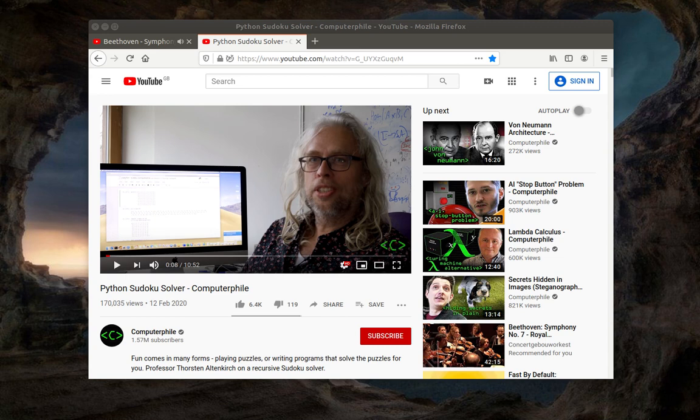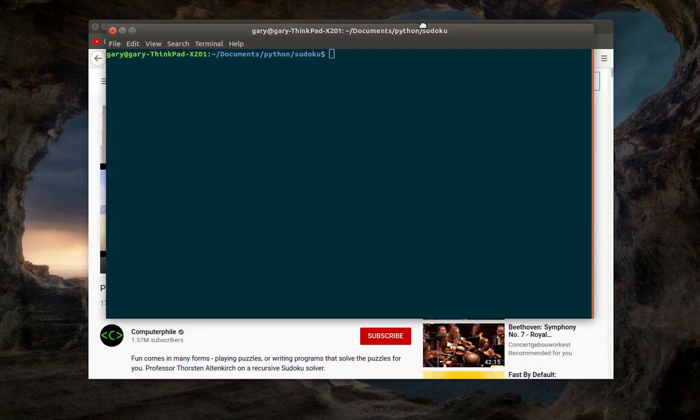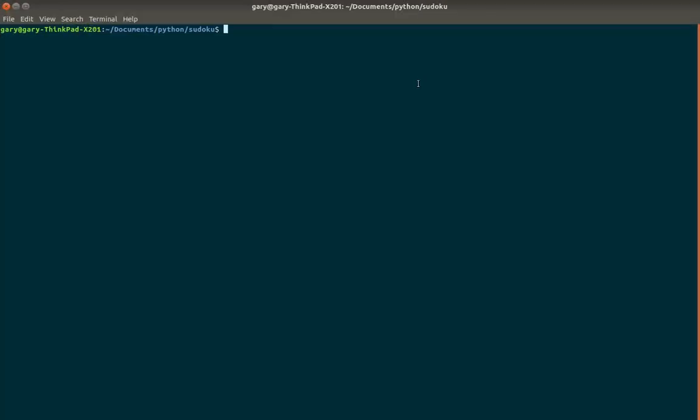Anyway, there's a couple of comments in that video saying they want to see the code. The code is in the video, but because he's using Python in a bit of software called Jupyter, you don't see the whole code. This is just to show you it in a standard text editor. So let me